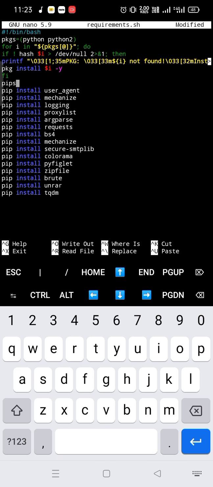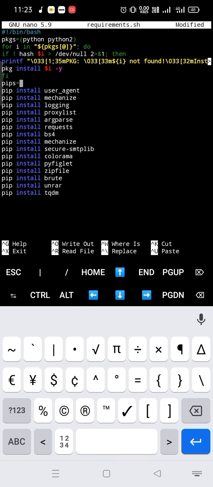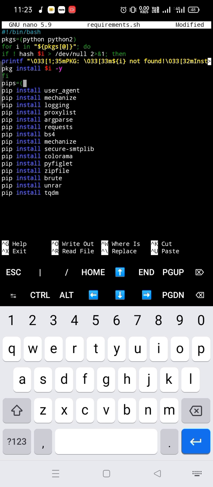So I will write pips, which is equal to all the package names: user agent, then the second is mechanize, then logging, then proxy list, then argparse, then requests, then beautiful soup,